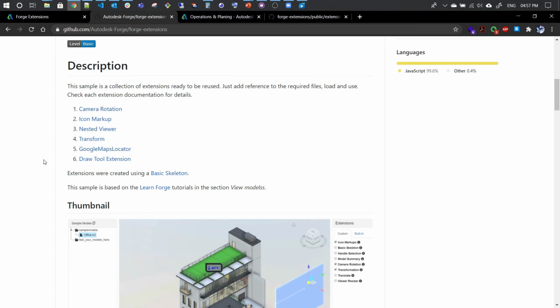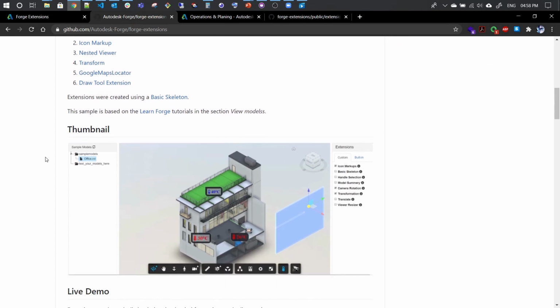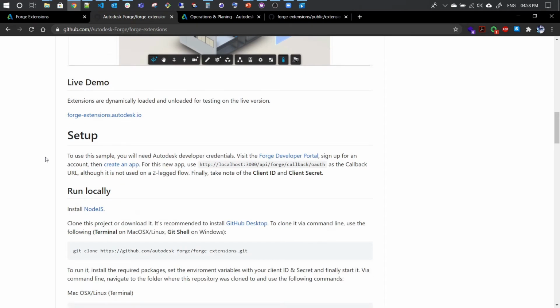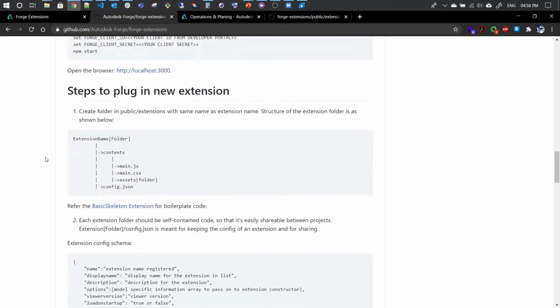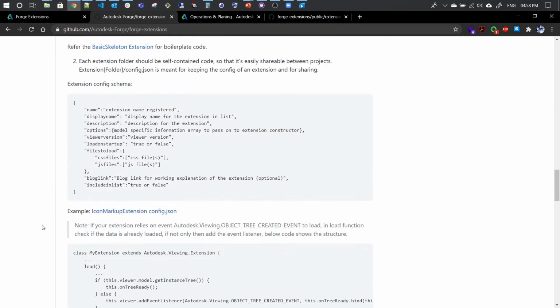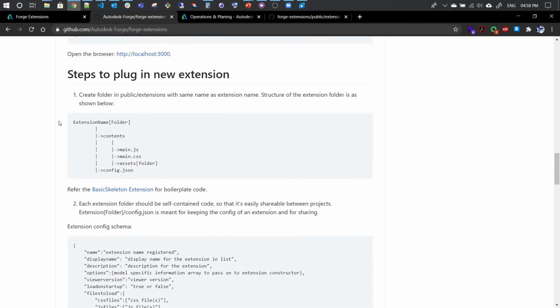One advantage of building an extension in this way is reusability, and there are steps to build in this way. It's simple. There are only two steps and we can use the given basic skeleton.